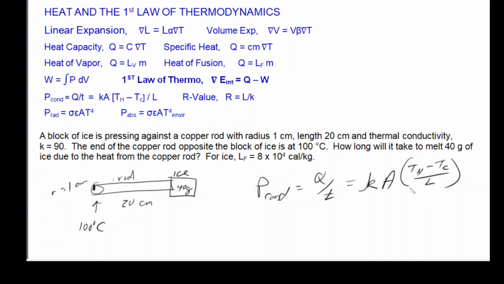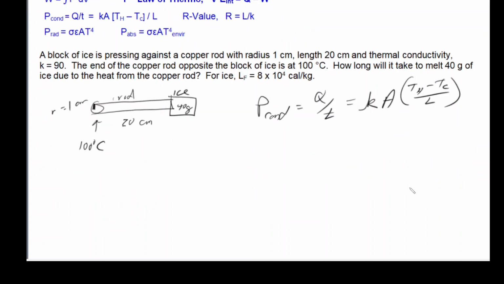So we can put the values in for that. So P conduction is equal to K, which is 90, times the area of the rod, which is pi times 0.01 meters squared,